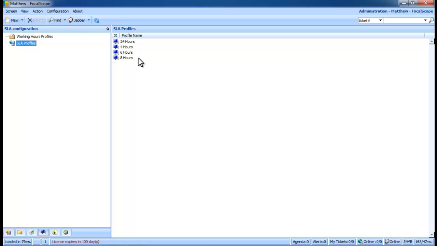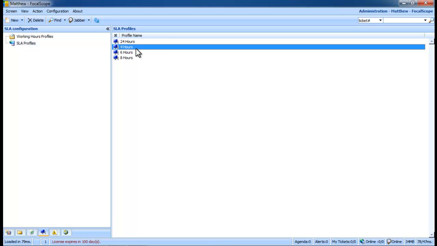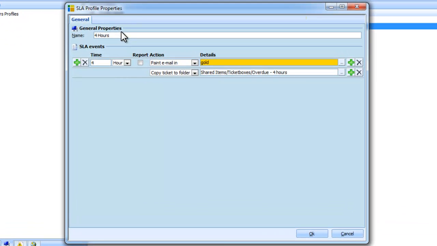We can set as many SLAs as we wish. In our example here, we have set SLA profiles for 4, 6, 8, and 24 hours. Our SLA engine begins to calculate time from the moment the ticket is received. In order to look at the functions available, let's right-click on our 4-hour SLA and select Properties. In this Properties window, we'll see that we have the option to rename the SLA and, underneath, select the actions